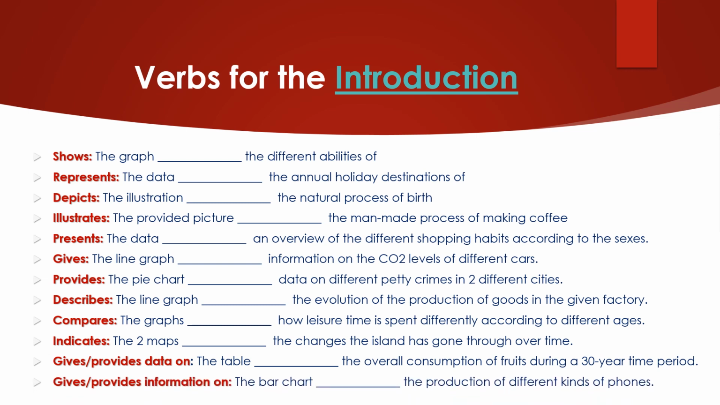It's time for a recap. Verbs for the introduction. Shows. The graph shows the different abilities of. Represents. The data represents the annual holiday destinations of. Depicts. The illustration depicts the natural process of birth. Illustrates. The provided picture illustrates the man-made process of making coffee. Presents. The data presents an overview of the different shopping habits according to the sexes. Gives. The line graph gives information on the